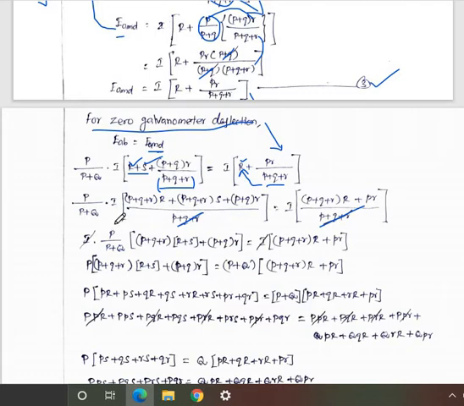And here I into capital P by capital P plus Q into P plus Q plus R. Here P plus Q plus R is the same, and here P plus Q plus R is the same, so you can take it as common. Here R and S are there, so R plus S, and here P plus Q into R, and here I into, because of the same value, P plus Q plus R into capital R plus PR.